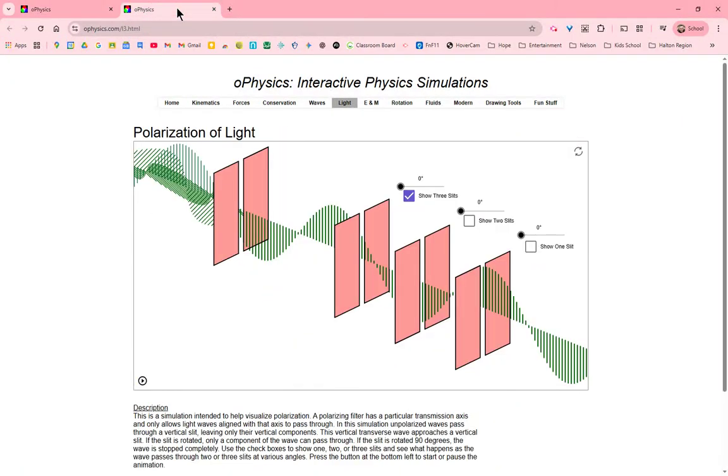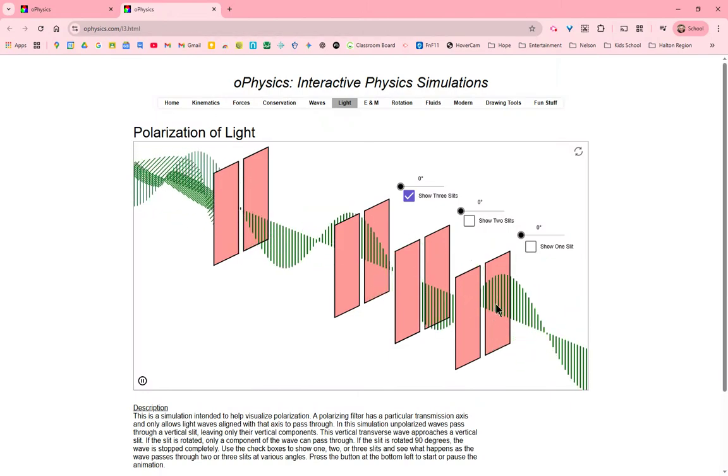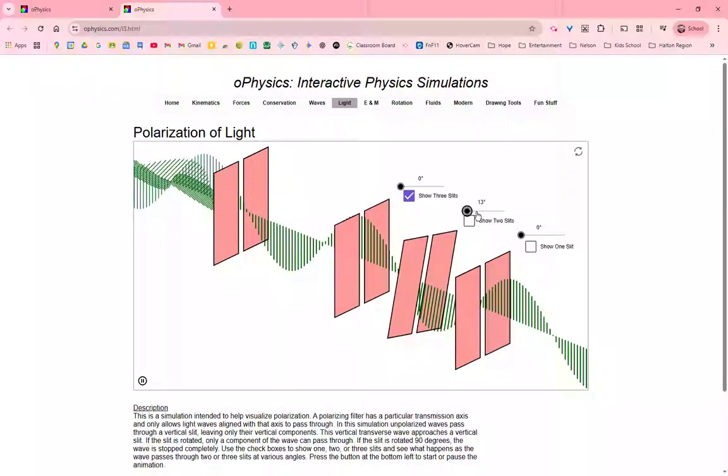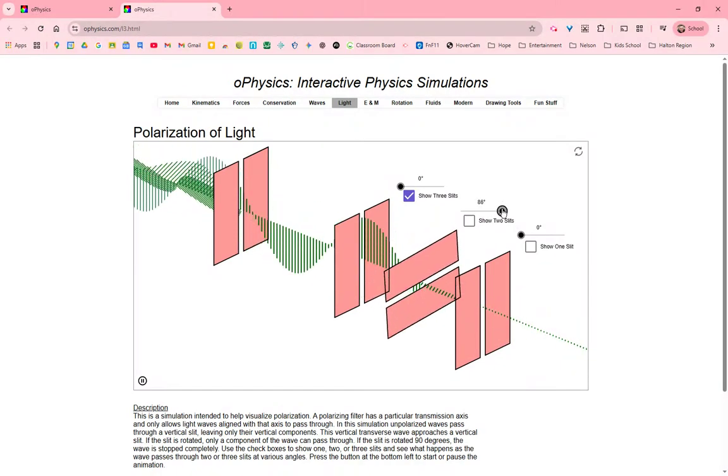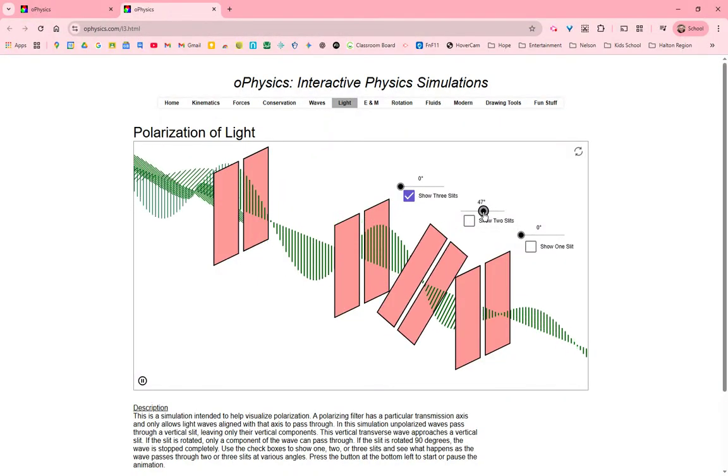But if you take a look at the polarizers, we have a vertical polarizer taking the unpolarized light, polarizing it vertically, and notice how it passes through all the other vertical polarizers. This is the picket fence model at work. If I tilt this guy 90 degrees, notice that we block everything out, right? If we tilt it partially, like this, notice that some gets through and some gets through the next one